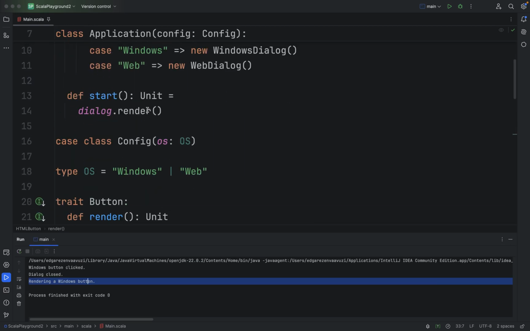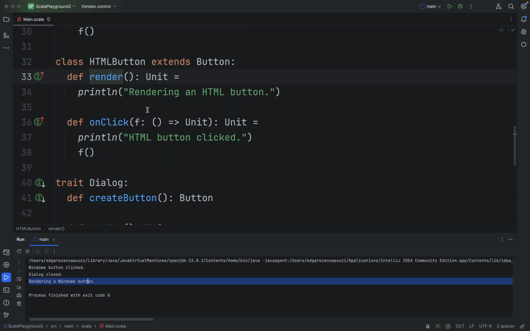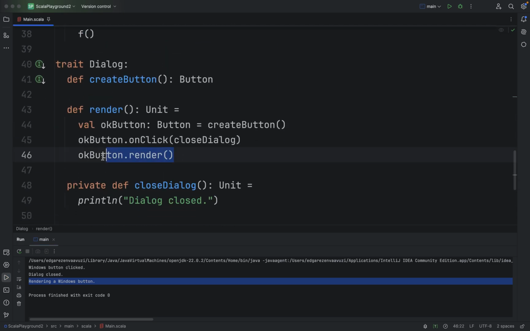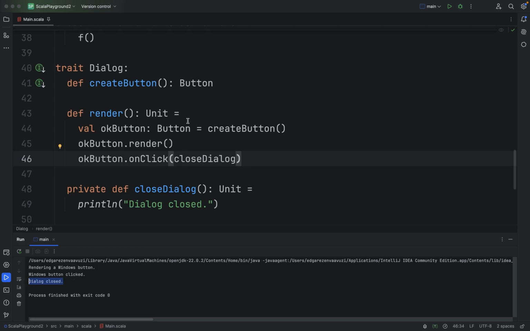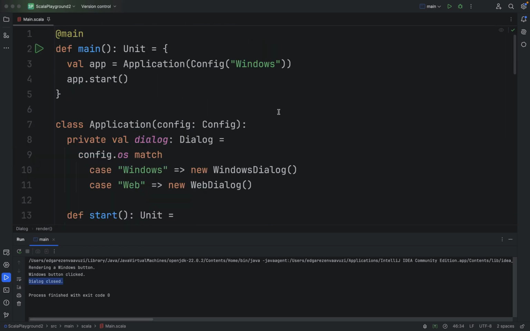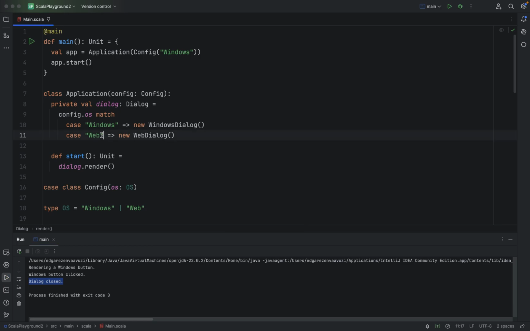All right, so for that we need to change the order of execution. So now rendering the Windows button should be at the very beginning, and then Windows button clicked and dialog closed. So let's see. Yeah, rendering the Windows button, Windows button clicked and dialog closed. And then if we want to switch to another platform, for example, we need to switch to web, we just need to